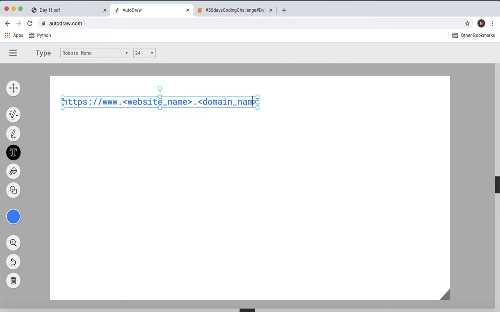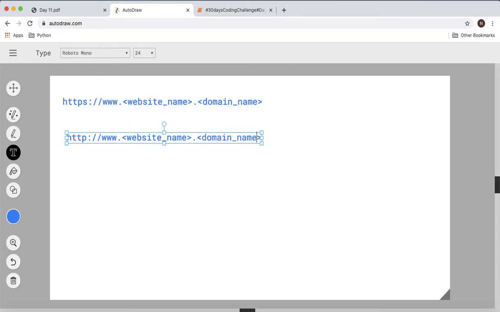The other format can be HTTP, in place of HTTPS, then www dot, then again the website name, a dot, and then the domain name.